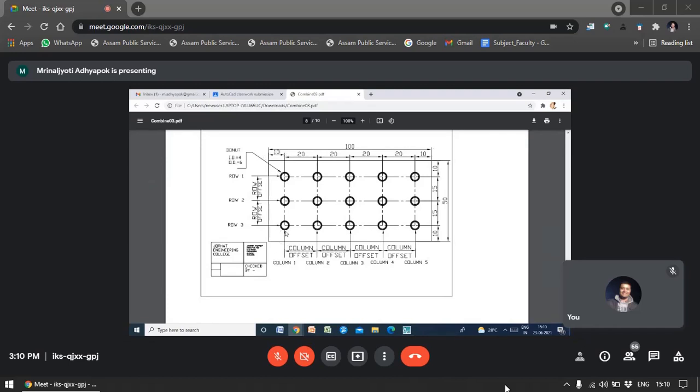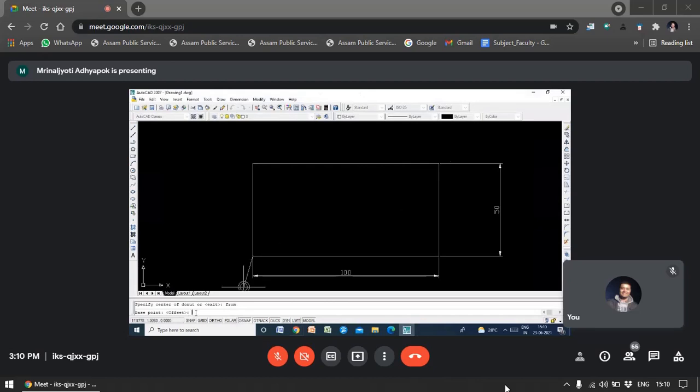Okay, and in the vertical direction, it is at a distance of 10 units. So I am going to give 10 comma 10. Okay, so this you can draw. I use the at the rate of symbol because I am going to draw it from this point. So at the rate of 10 comma 10, press enter.